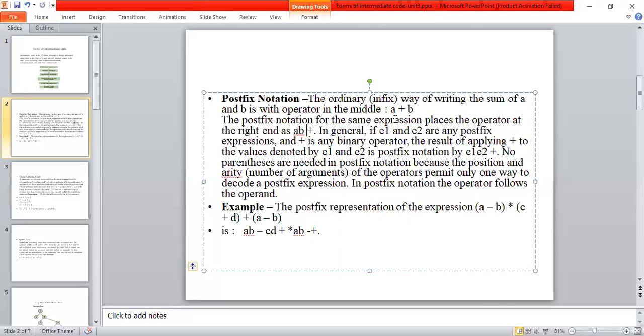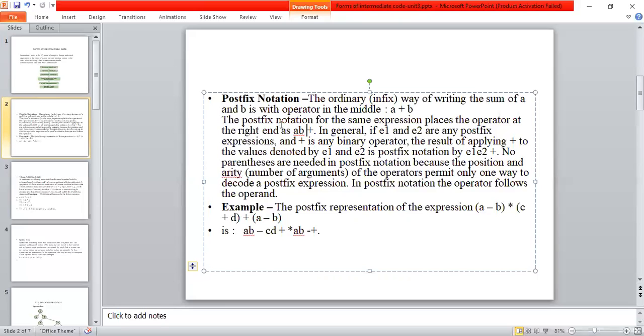So here I have two operands A and B, and the operator is plus, and the postfix for the given infix expression is represented as A, B, then the operator plus. So this is about postfix expression or Polish notation.